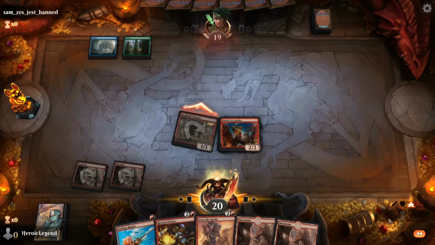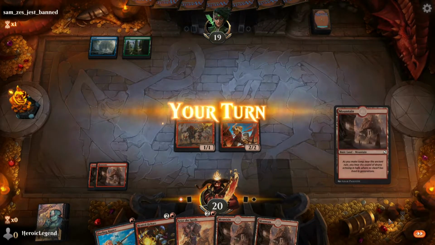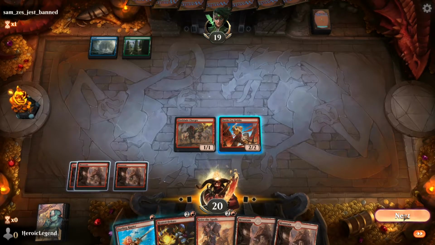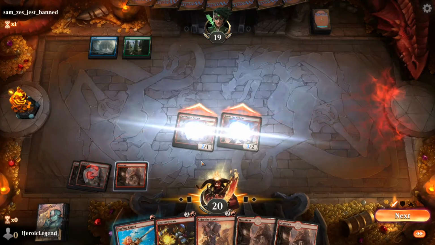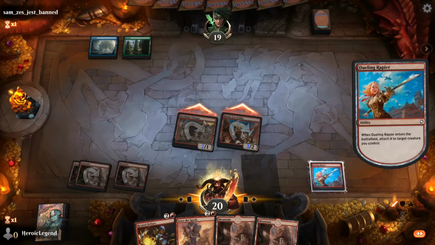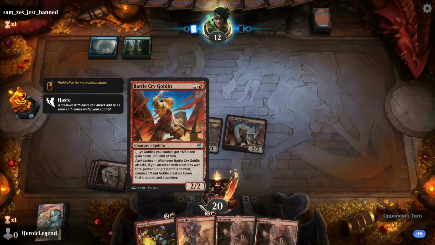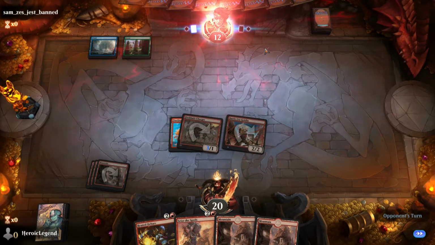This is already not boding well. We've drawn mana twice, and I'm kind of good for mana now, deck. Activate ability. What? I didn't... oh, I need to... okay, I messed up. I activated...